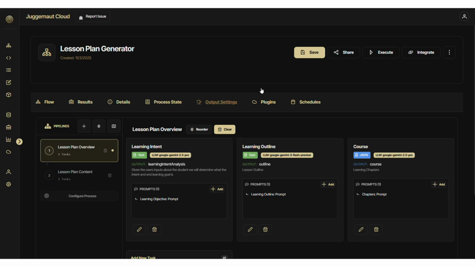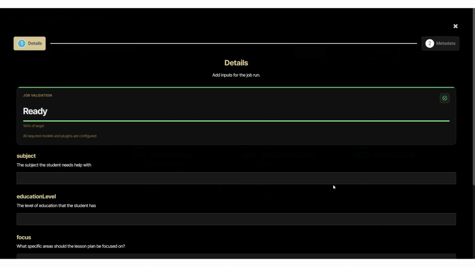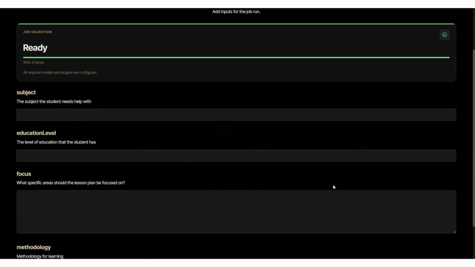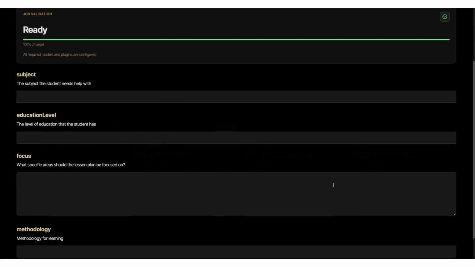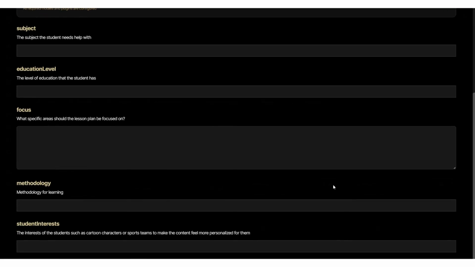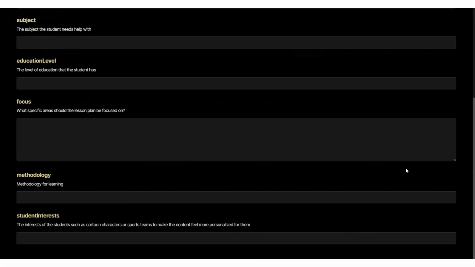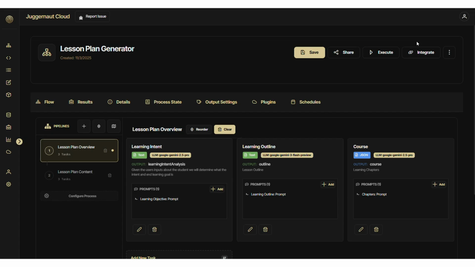So the way that these workflows work is that they're inputs and outputs. This particular workflow has subject, education level, focus, teaching methodology, and student interest. Then over various different tasks, we are generating the information about that course. We're learning and expanding about what the user's intent was, creating a course outline, and eventually creating the course content. So I'll dive into a few of these different tasks just so you can get a feel